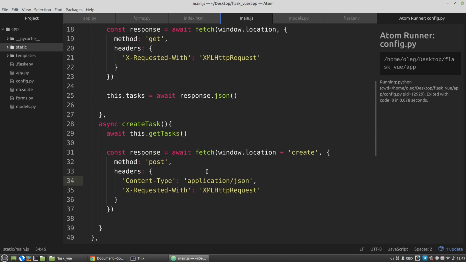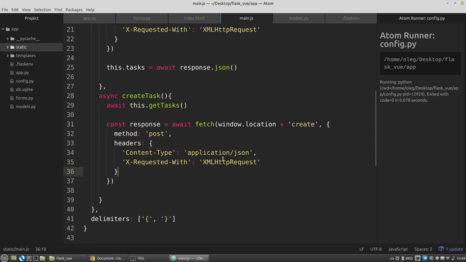Then the body of the request will be the value of the task key of the data object. So after the headers, I have to use the body. JSON.stringify this.task. It will send the request, Flask will handle it,